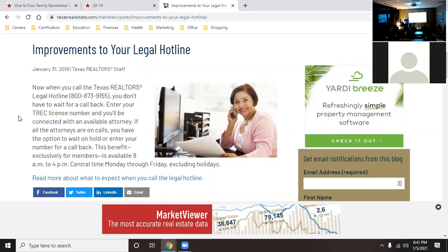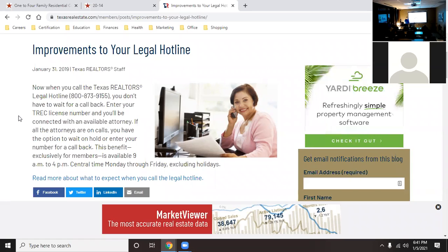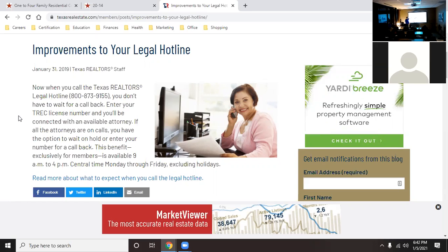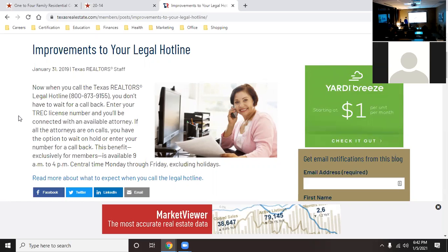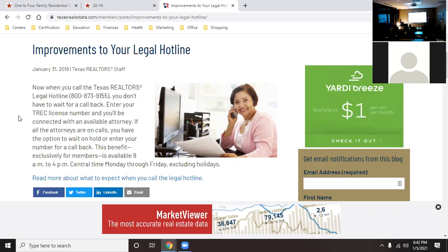Because here's what happens. Say Mr. Grossman calls this phone number. You don't have to wait for a callback on this one, okay? So that's a good thing. Used to, you called, and they'd say, yes, may I ask who's calling?